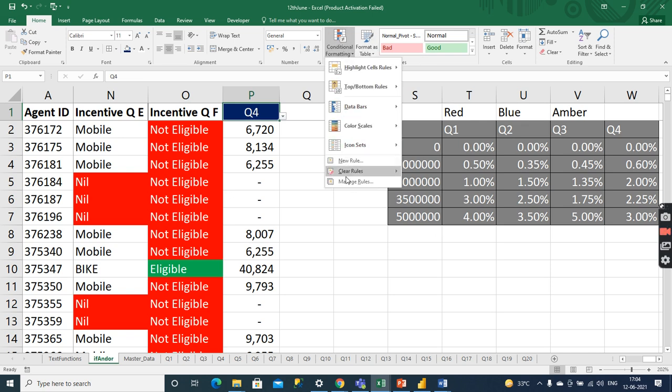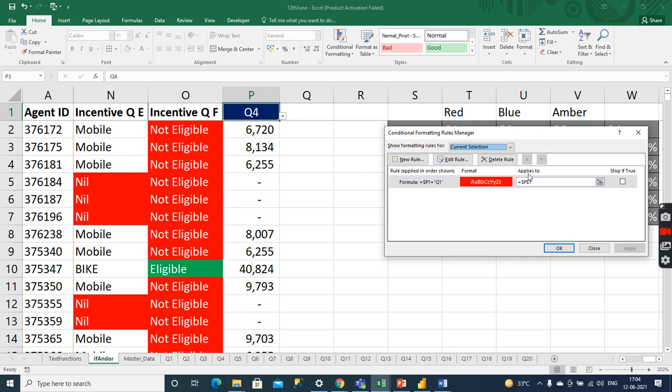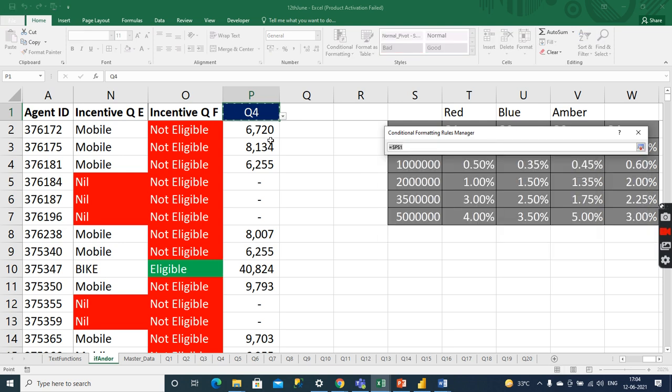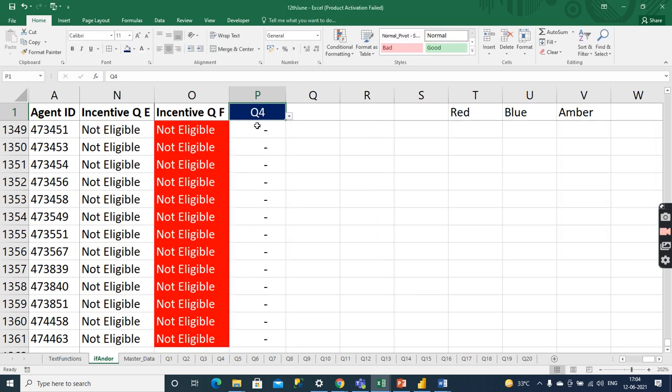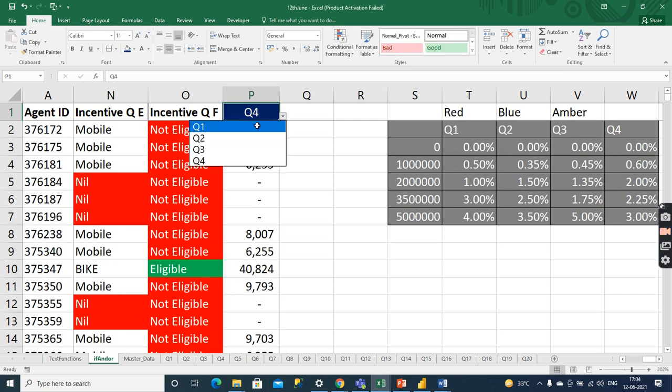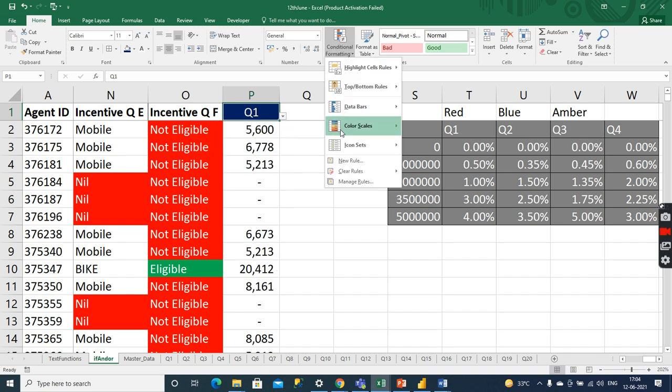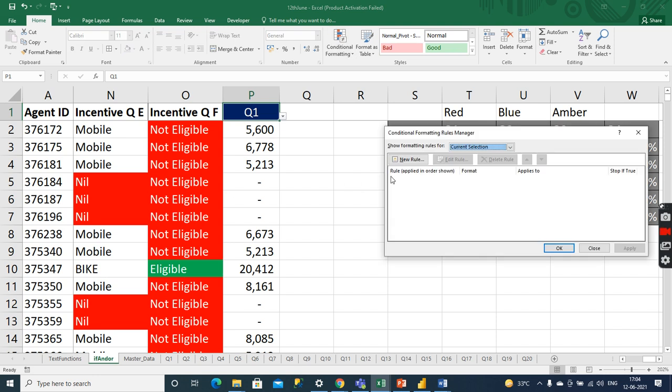And again go to manage rules and select the range. I want to apply the range in this area. If I select Q1, it should automatically highlight the entire area.